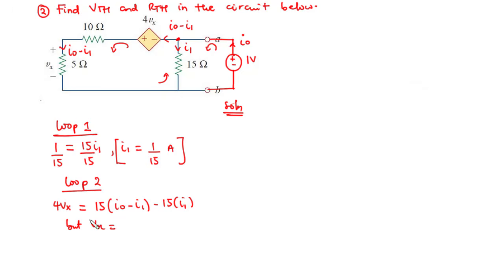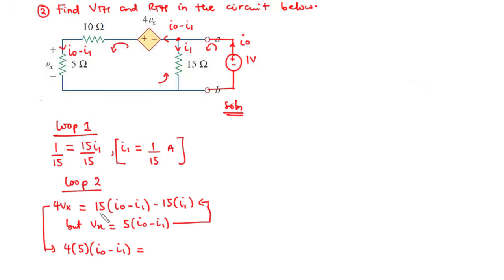Therefore, we have Vx to be 5 times I0 minus I1. Okay, so we are going to substitute that into this equation. So that becomes, we have 4 times, in place of Vx we have 5 times I0 minus I1, that is equal to,